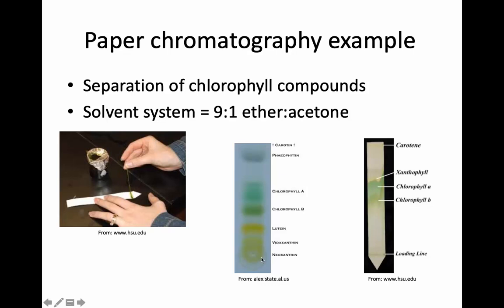And so going from bottom to top, we see, for example, that these chlorophyll compounds, including lutein, violaxanthin, and neoxanthin, in the yellow range, have a higher retention than the two major compounds of chlorophyll, chlorophyll A and chlorophyll B, while the least retention is obtained by the carotene. Okay, so